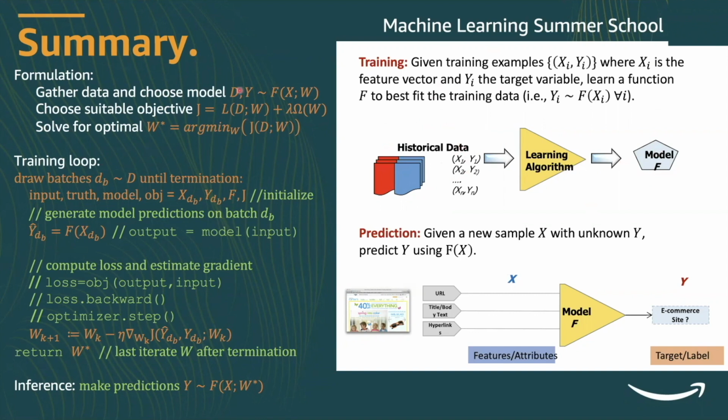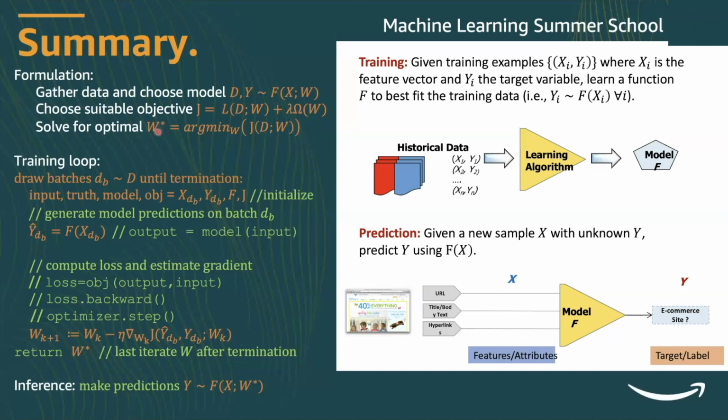And this requires us to gather the right data set, choose a model F that we want to fit, choose a loss function that will determine how good the models are, with an appropriate regularization if necessary, and then